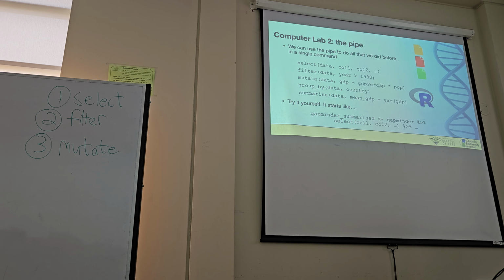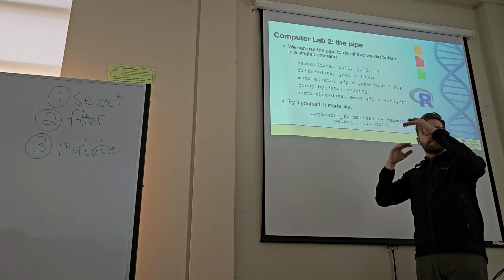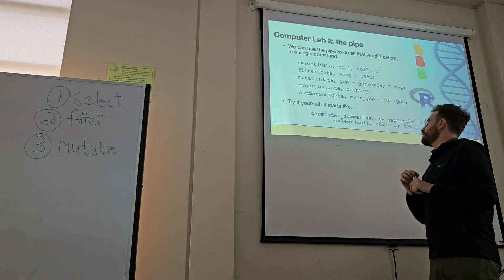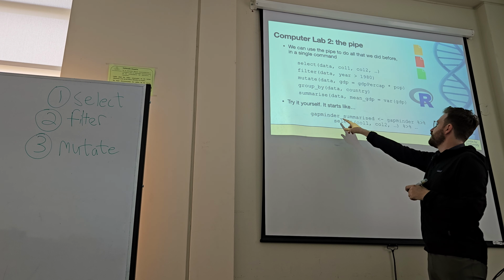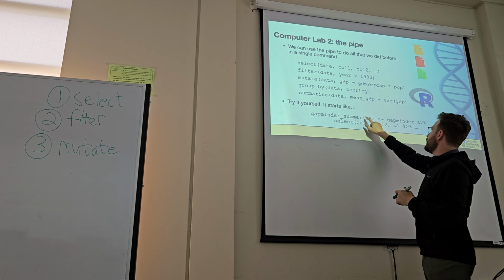Now with the pipe, do all of this in one step. Okay? And so we'll try it yourselves. I'll do this with you at the end, but just take a few minutes, try to see how it works. So what you do, you're going to take all those 5 lines of code we did before. You're going to start with the end. So the last one you made was gapminder summarized, okay? So you make the end one, gapminder summarized,